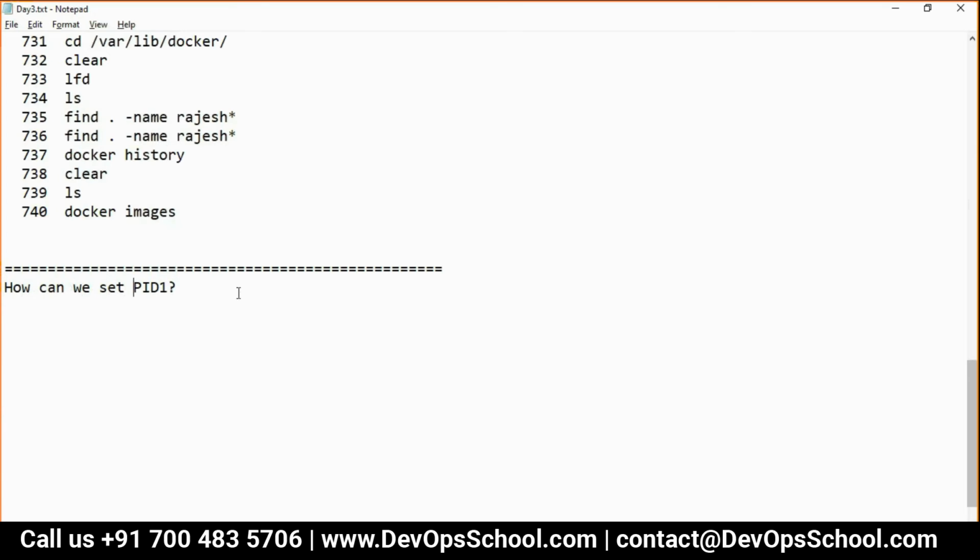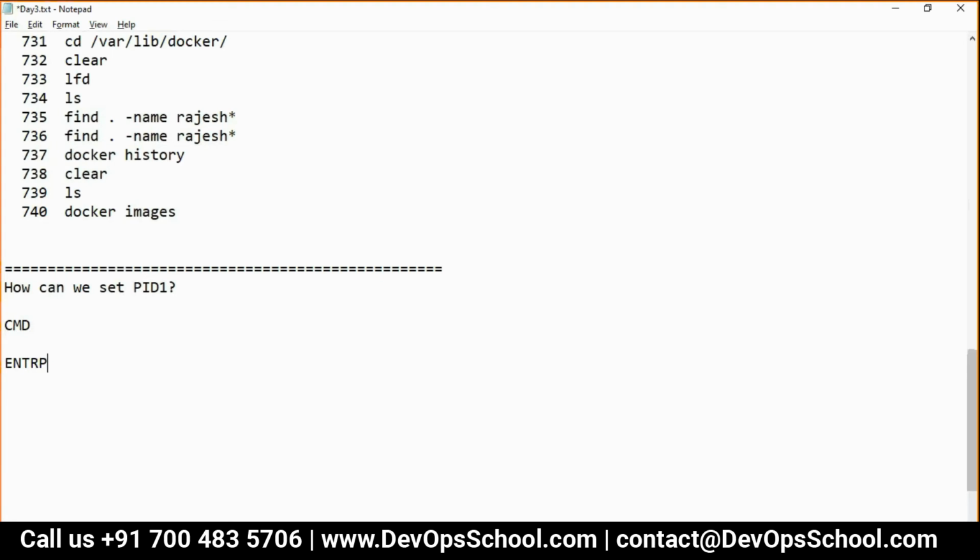So guys, there are two ways to set up a PID1 in the Dockerfile for any container. Two ways. What are the ways? So one way is CMD.